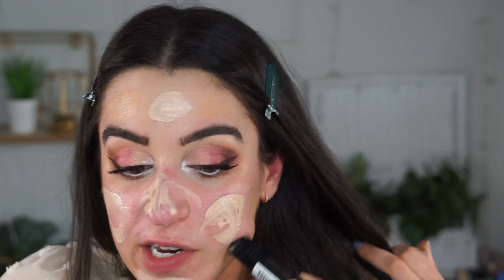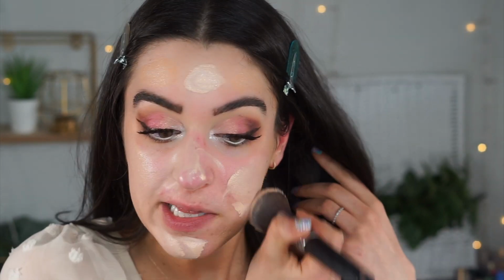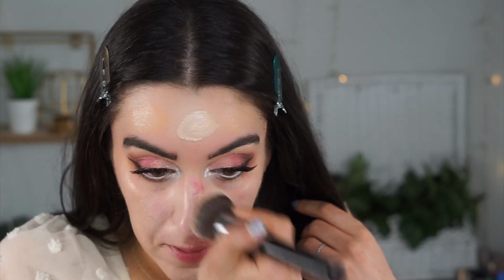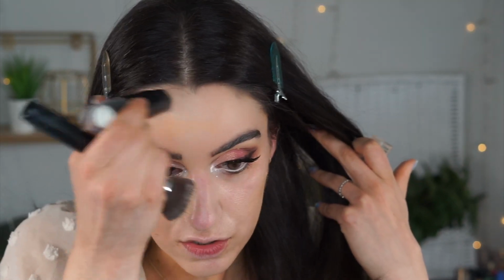But I really like this foundation. I'm adding a little bit also of this foundation stick because I feel like the Glamouflage shade I have is really light. I'm gonna blend this out with a foundation brush. I find that if I want a little more coverage, I like to blend out with the foundation brush, and then you can go over it later with a sponge. But see how light that foundation is? It's a little too light for me. So I'm just gonna add a little more of this foundation stick to,